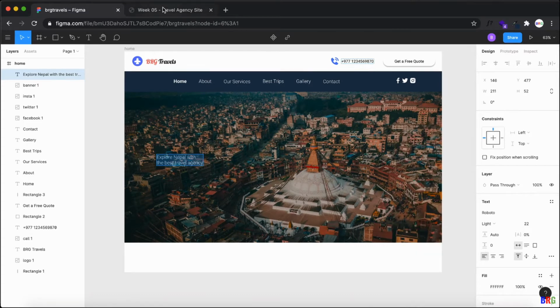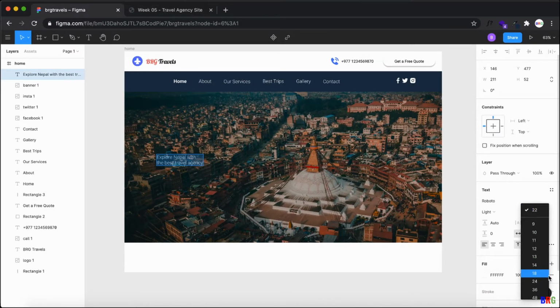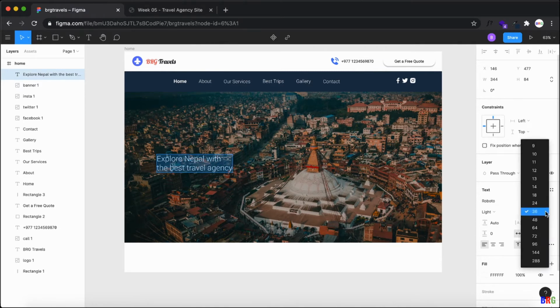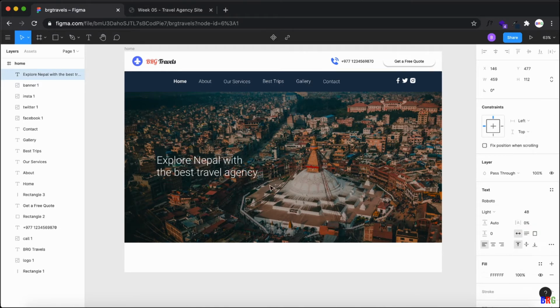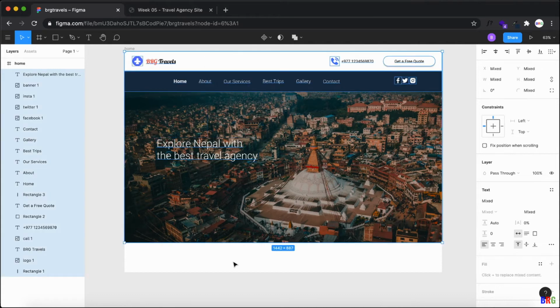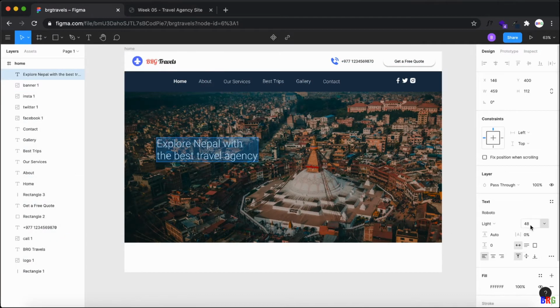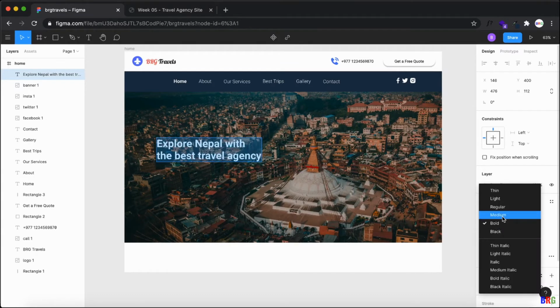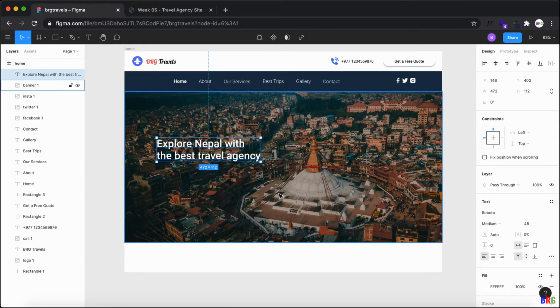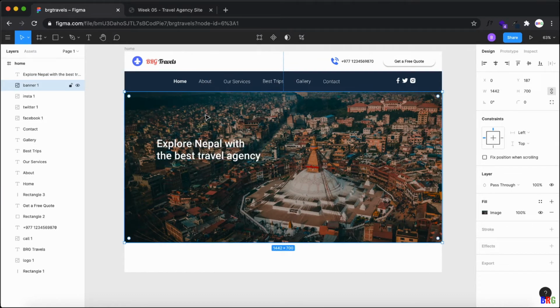And then, okay, let's make its font size 36. More to it, maybe 48. Okay, and then drag it here and make it, Control A and then bold, okay, or maybe medium should do. Then I need to add two buttons, like this: start booking and view offers.